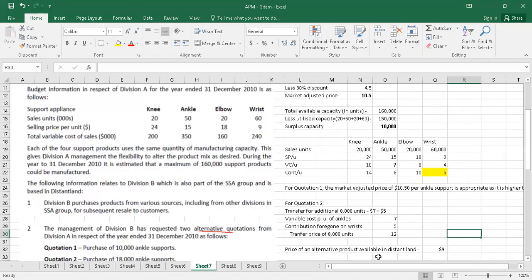For division B, the lowest price which they will incur will be 9. So instead of buying it from the outside supplier, if they buy it from division A at 9, division B will not forego anything; the cost would be the same for them, but division A will be benefited by $2 per unit, because their variable cost is 7. Okay, for quotation 1, the appropriateness is 10.5. Done. But the benefit for the overall